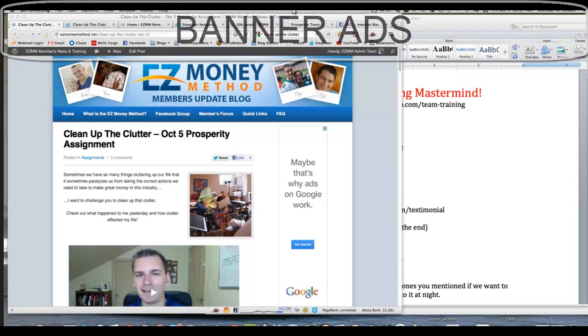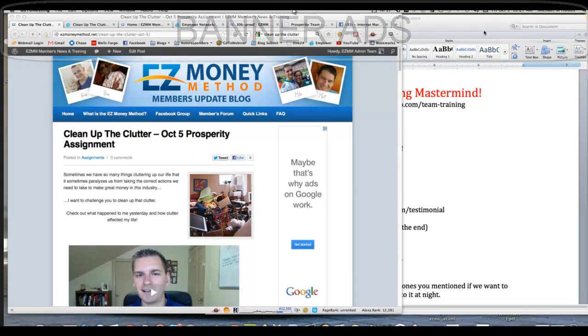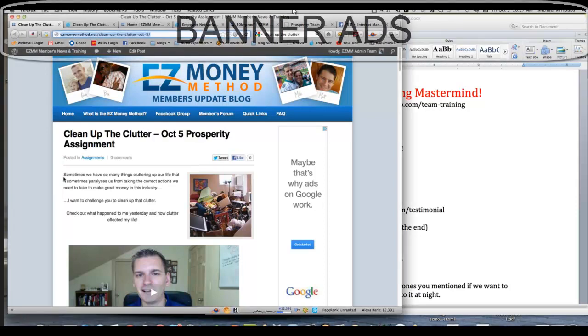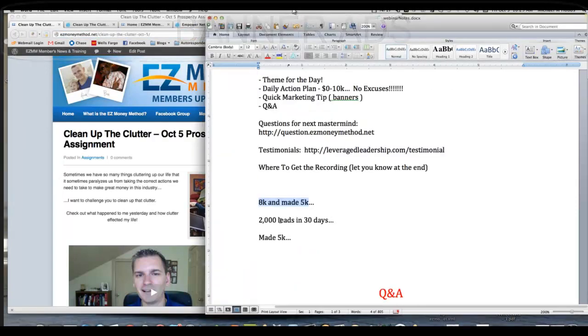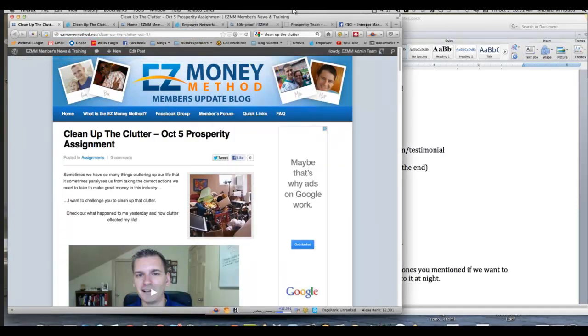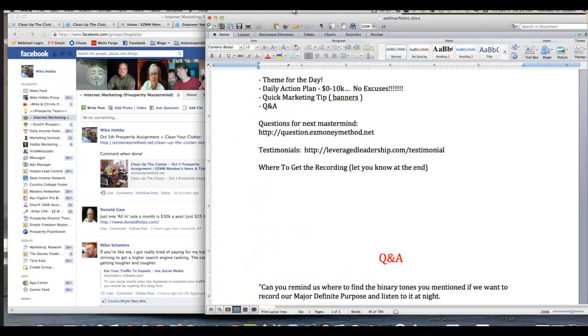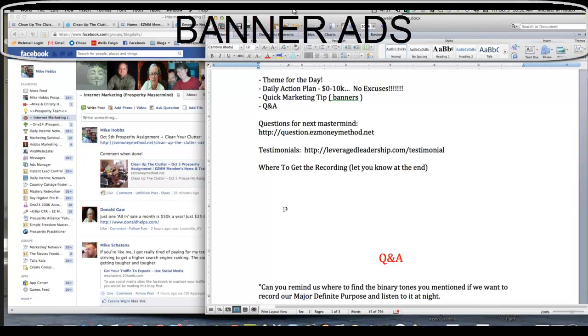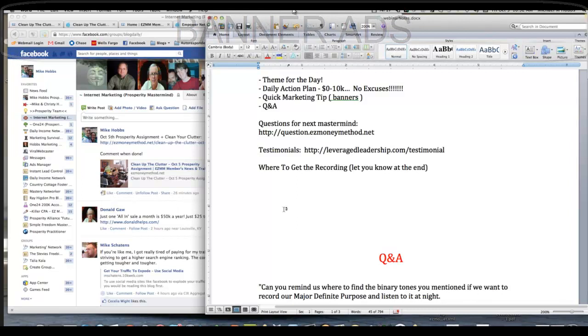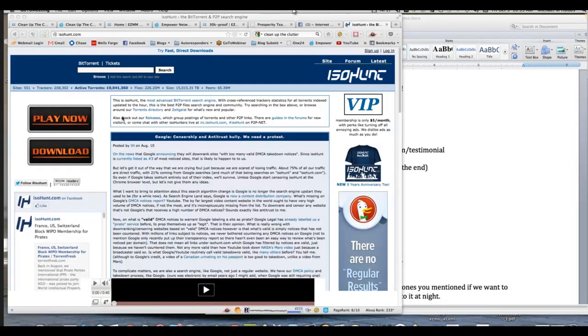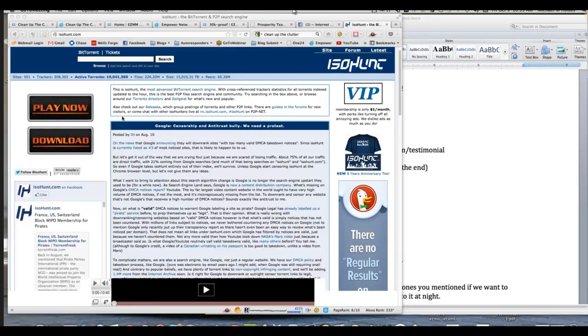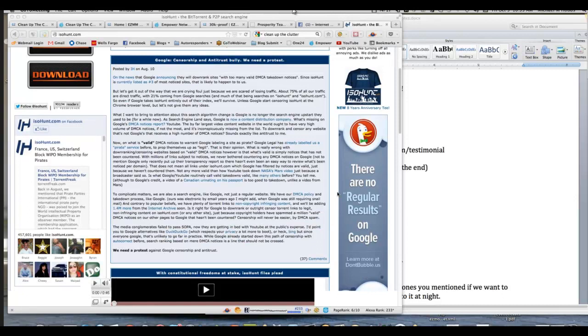I had a stigma that banners didn't work in the very beginning, and the reason I had that stigma is because I was new. So let me show you how I found banners, how I did it. Are there any websites that you personally go to that maybe are outside the box? So what I did is I noticed that there was a banner right here, and I was like, you know what? I'm going to place a banner on this website.